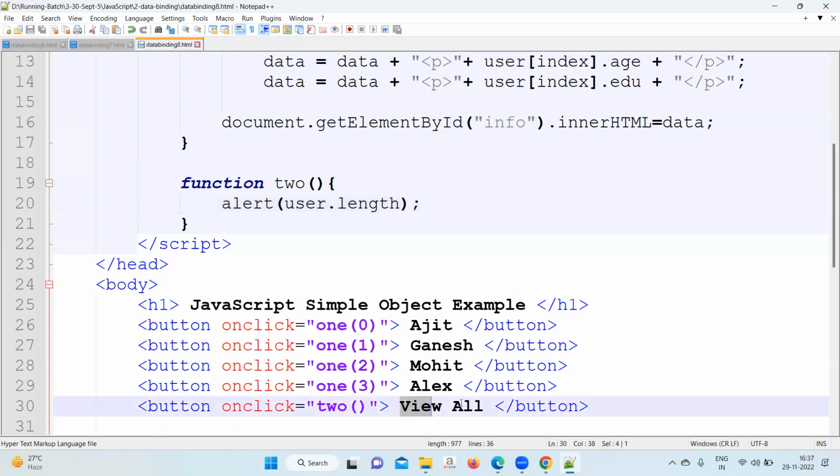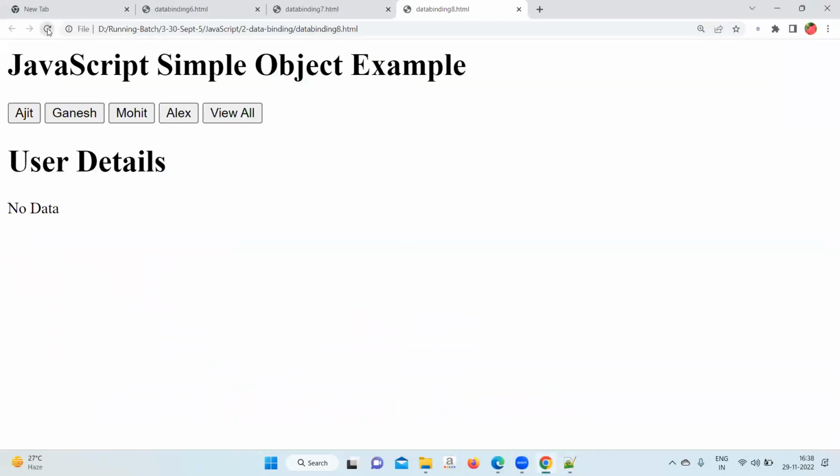Second button click, view all click, what will come? Function 2 will be called. When function 2 is called, what will it print? User.length. So I'm asking, what is the length of the user? Nothing. Okay. Because